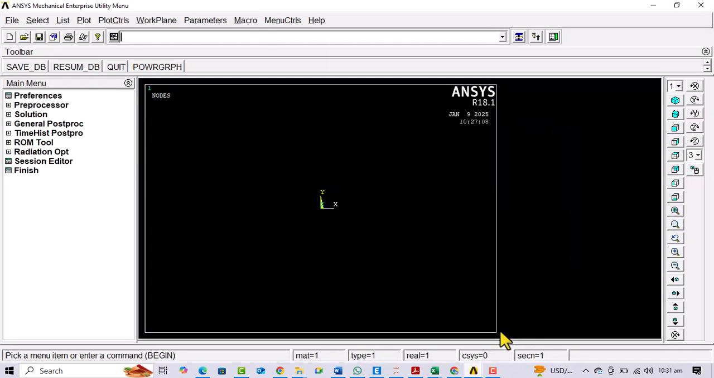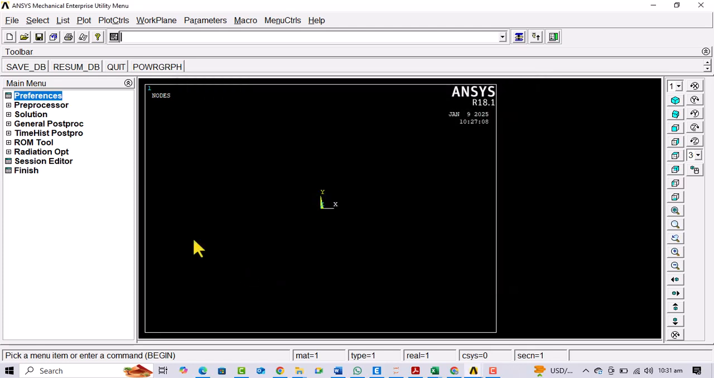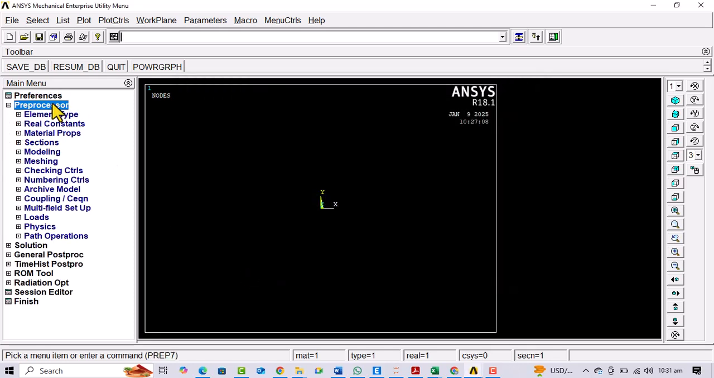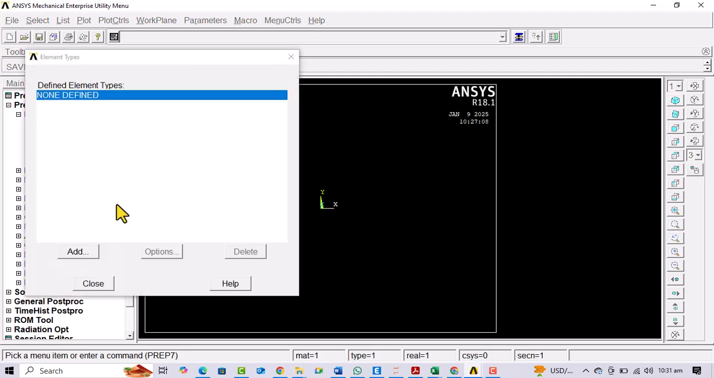I have opened my ANSYS APDL. First of all, you would save your file in your desired directory and change the file name to your desired name. After that, the first step is to select your structure analysis type. I will go with the structural analysis, and after that I will go to the preprocessor. Then for the truss element I will define the element type, and for the truss we will be using